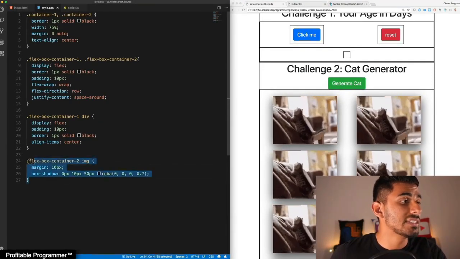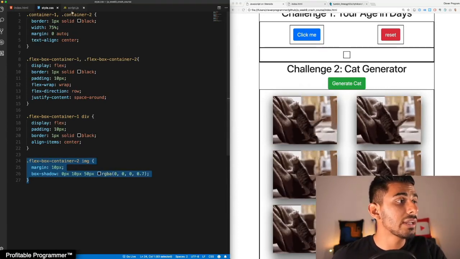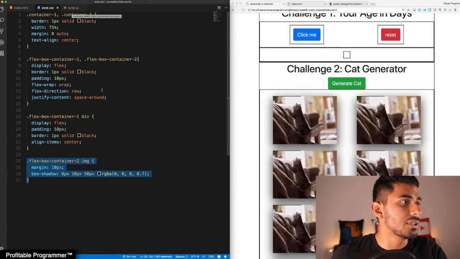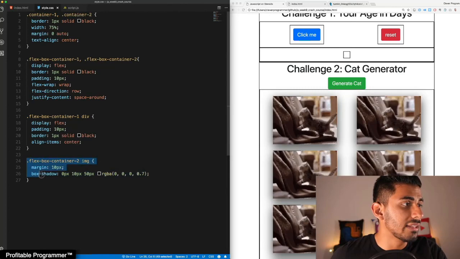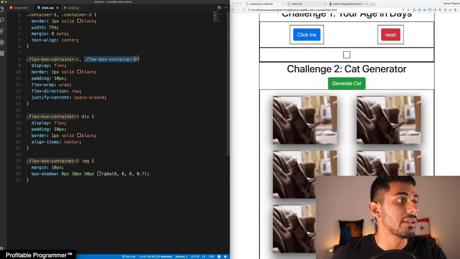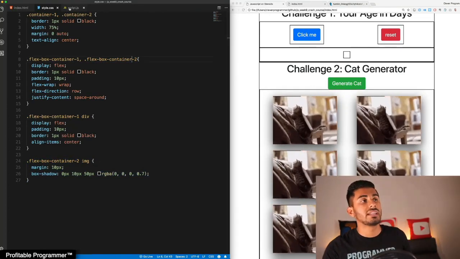And there you have it. This is what your CSS actually should look like. These were the new things that we added, literally like this, and I believe this line here. That was all that was added in the CSS for